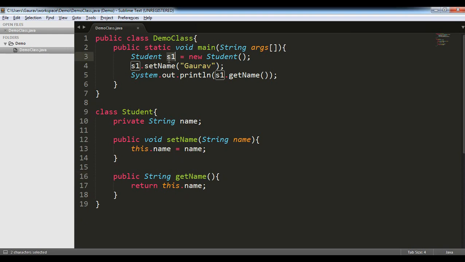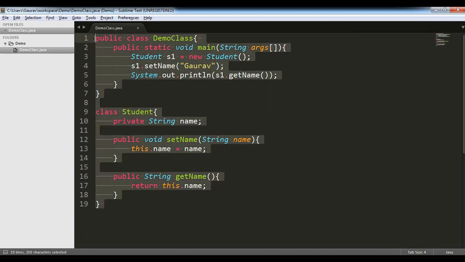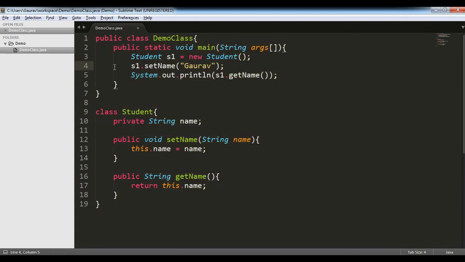We just create a new object, set a name, and try to print the name of the object which we have set. So we'll compile this Java file and see what is the bytecode that is generated for it.